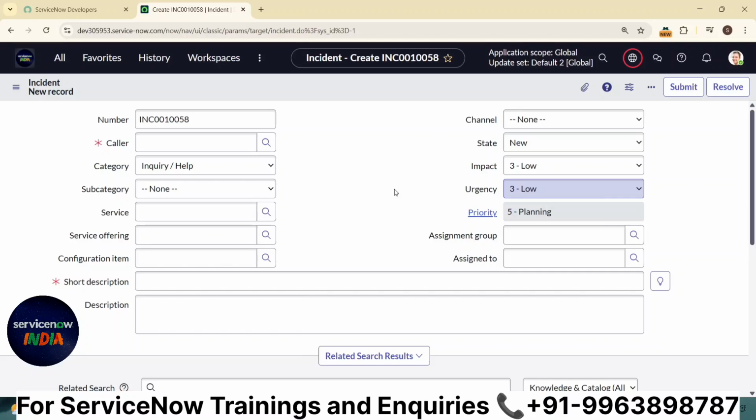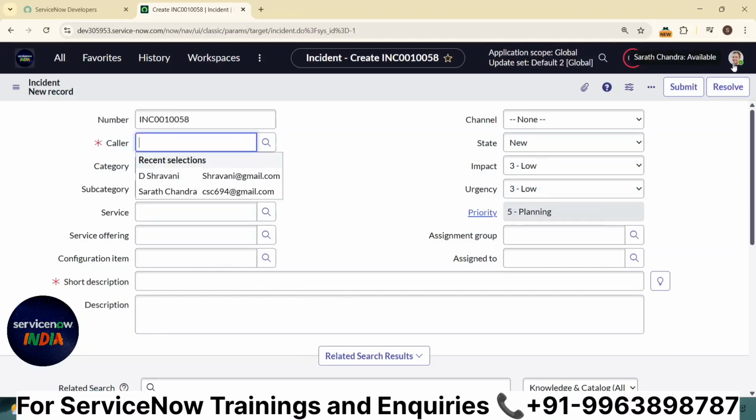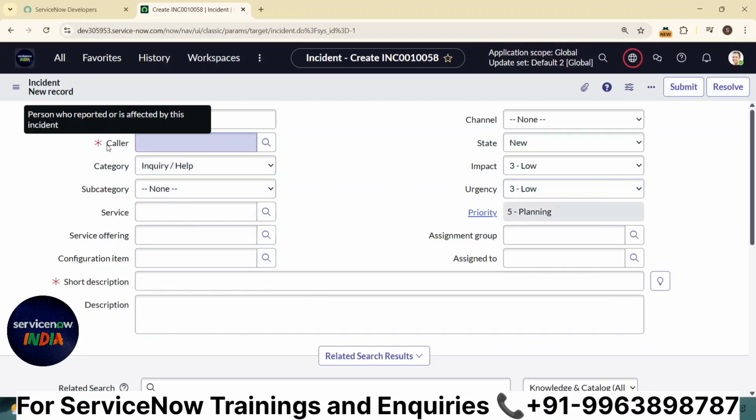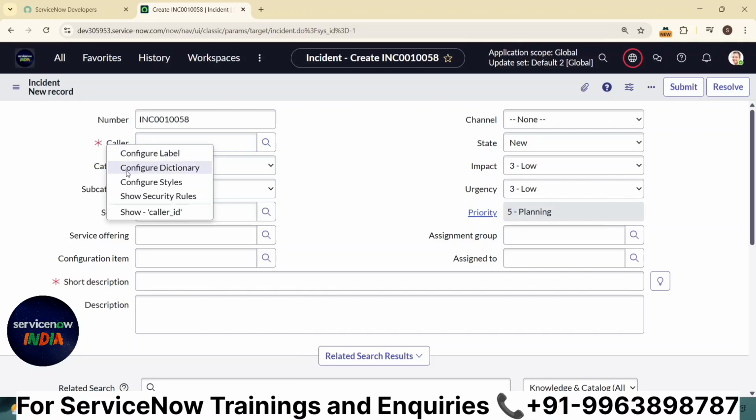Today we learn how to input the value of the logged in user of the instance as a caller value in the incident form. Okay. Right click on the column header, go for configure dictionary,